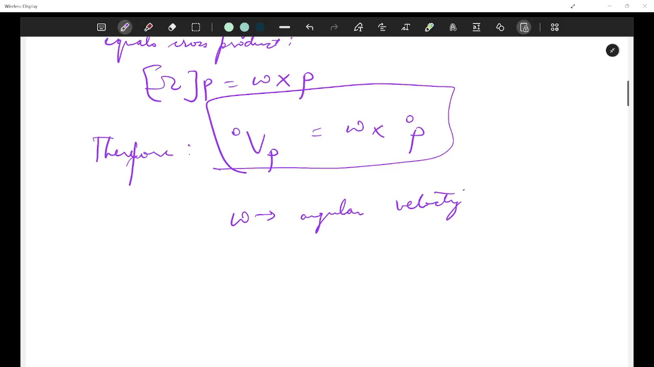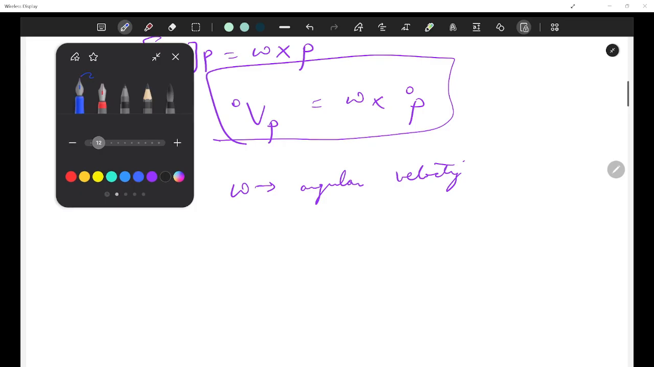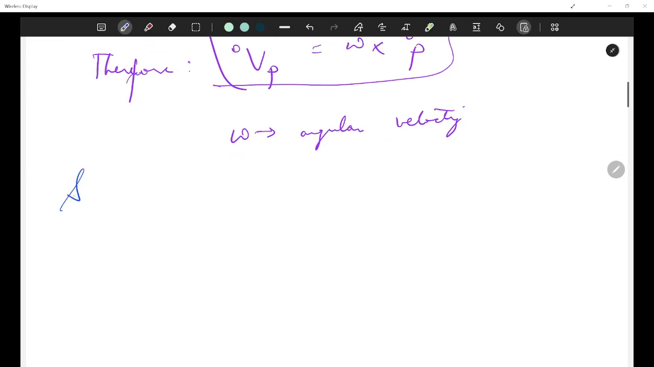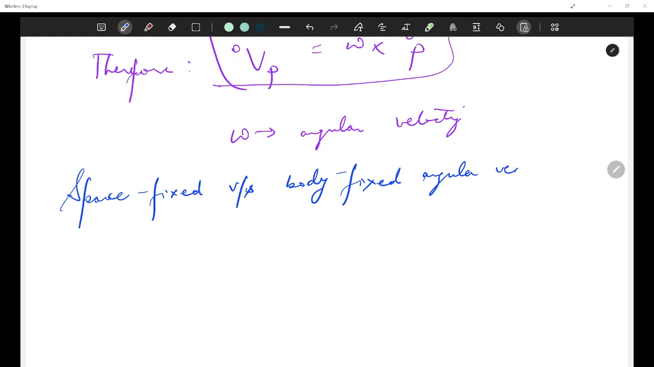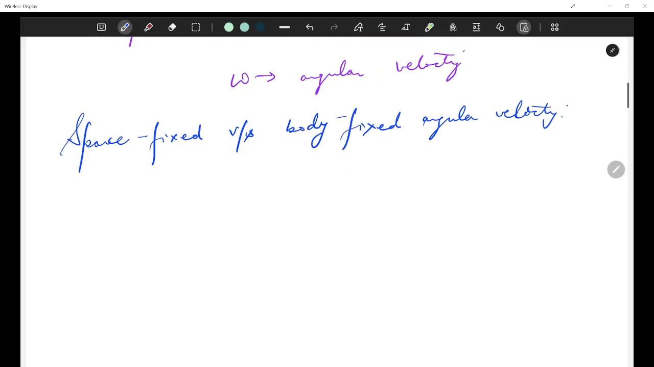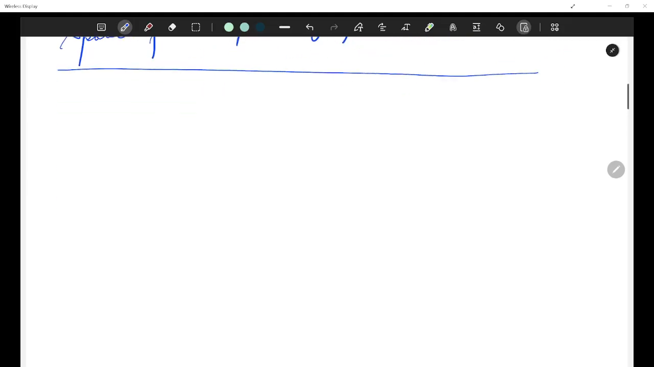Okay, so let's move to this topic. I'm just revising what is taught and then we'll move to the question. Space fixed versus body fixed angular velocity. Okay, so there are two ways to define it. Let's see this. We already saw that this omega is R dot R transpose. So this is angular velocity expressed in fixed frame. So for body fixed,